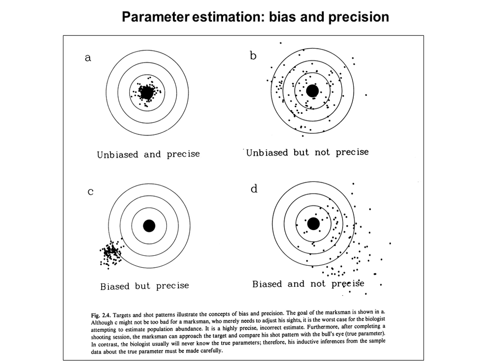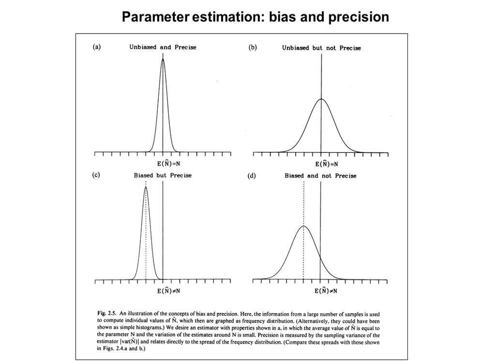And then D is biased and not precise, so you can see it's scattered and not close to the actual population. And this basically shows you the same thing about where the mean is and how it falls under each of these different